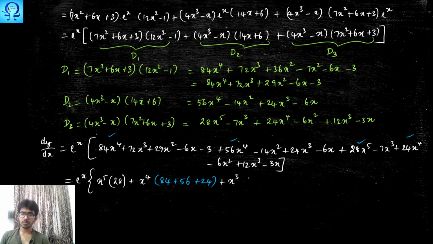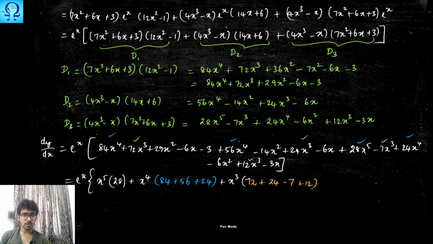right? The next term would be x cube. Now we are about to start the calculation for x cube. Here you have, so just make a mark, 72, right? And I am coming here I found x cube term, so this is considered. So here also I have plus 24, and I am coming this way. Here I have x cube, this is minus 7, so minus 7 has to be here, and here I may see that it is plus 12, right? So we are done with x cube terms.